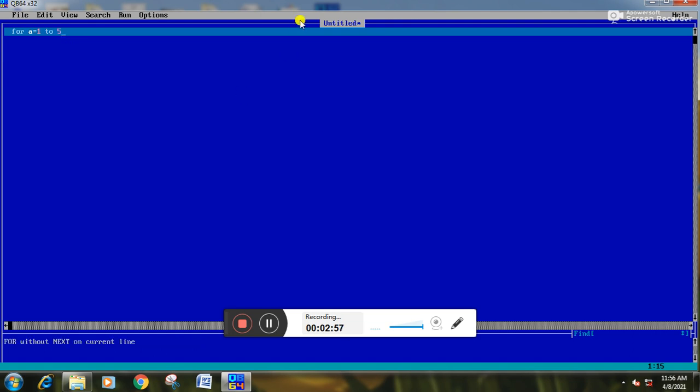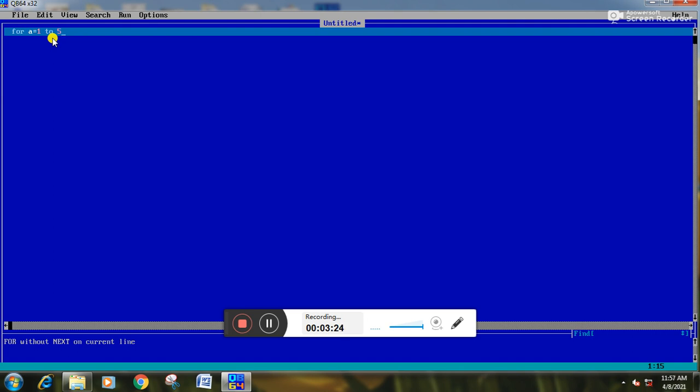What is the syntax? FOR a, it is called the counter variable, and the value I have assigned here is called the start value, TO the end value. After this you can assign another thing, that is called the step value. It means how the number is going to be incremented. By default the step value is 1, but you can assign other values also.